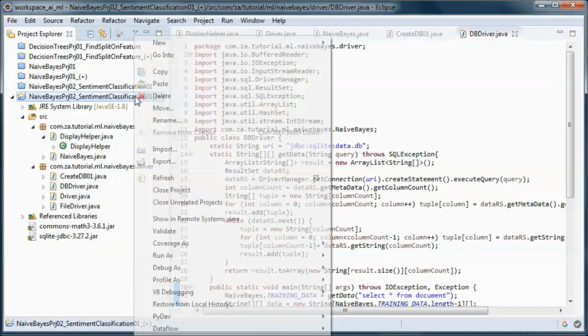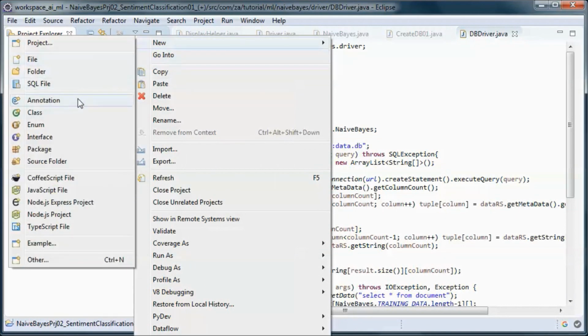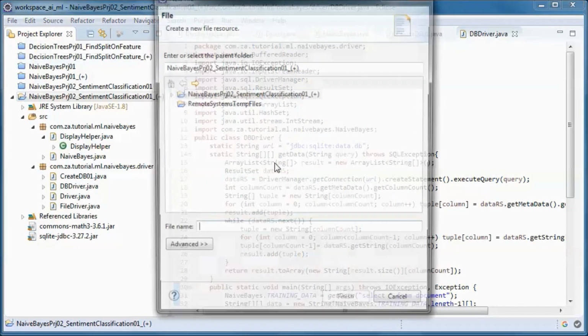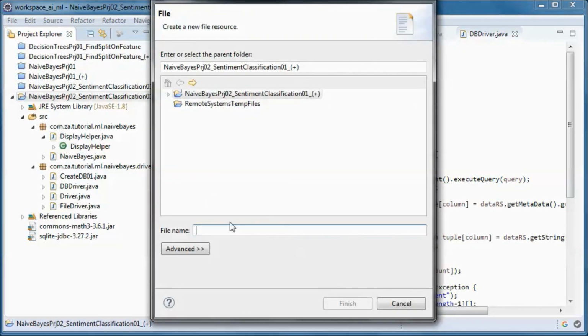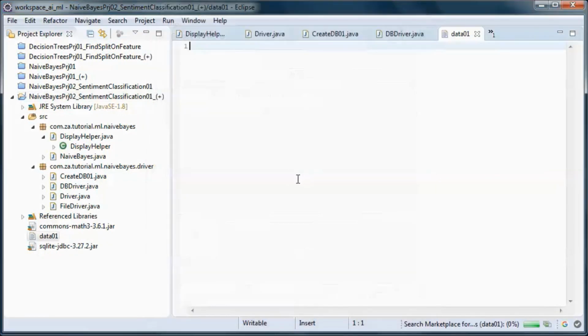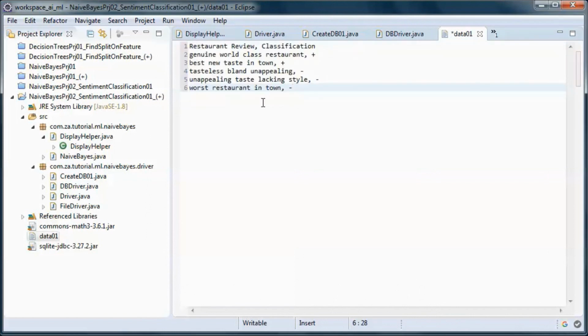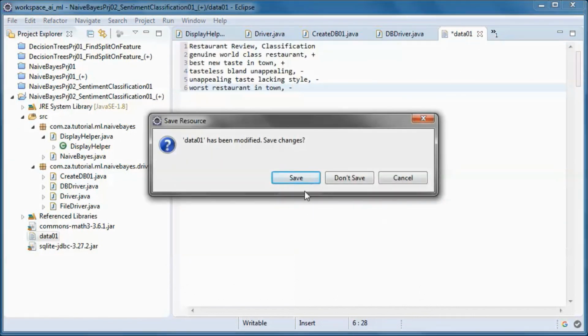And finally, let's go ahead and create this file that will contain that same data.